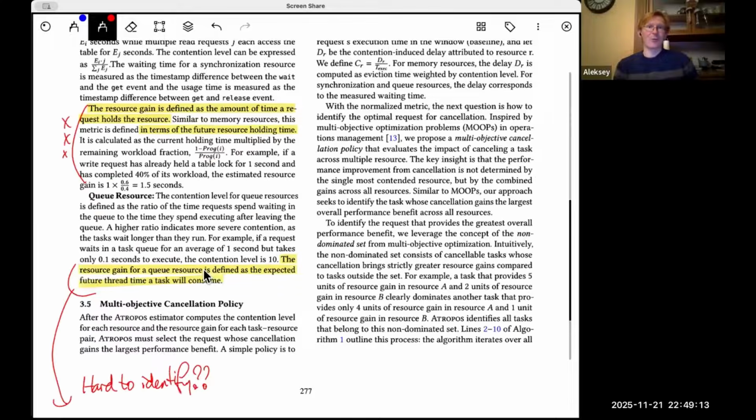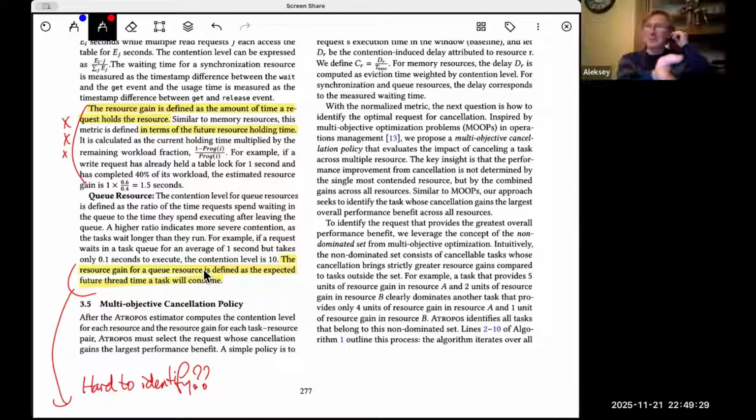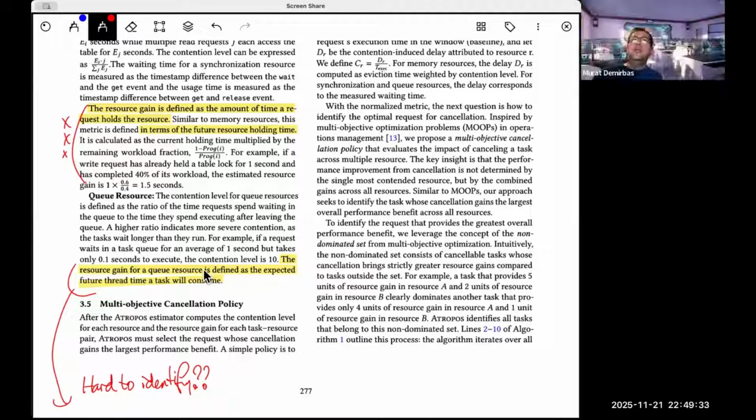I don't know. I would look for a dominator resource, the one that is going to bring you the most impact, and then look for a task to kill from that resource. Right. But it takes the dominator resources, and among them, it finds what is the most benefit. I don't know. I'm making stuff up. We haven't finished reading it. Yeah. Right?